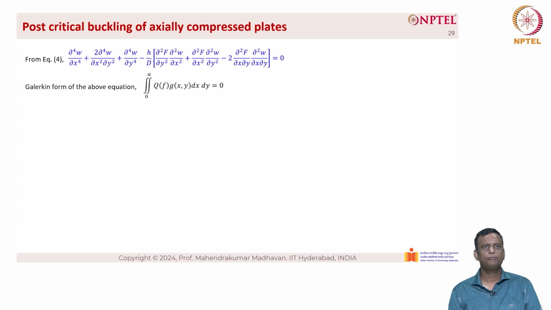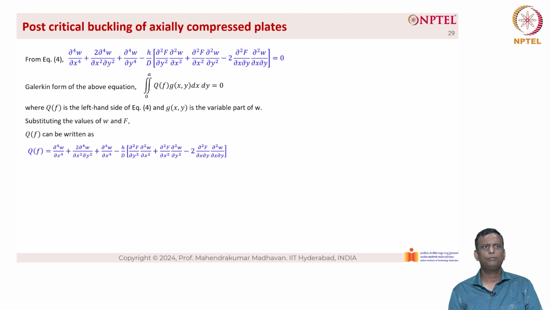The Galerkin form of the above equation is the double integral from 0 to a of Q of f into g of x comma y into dx into dy is equal to 0. Now, Q of f is the left hand side of equation 4 and g of x comma y is the variable part of w. Substituting the values of w and f, we have Q of f equal to